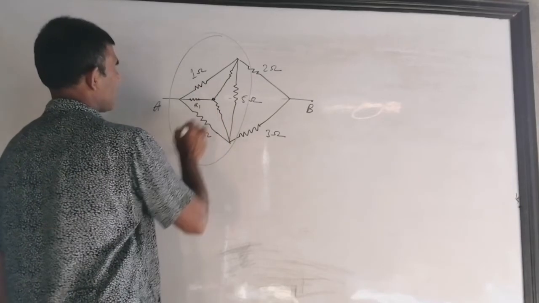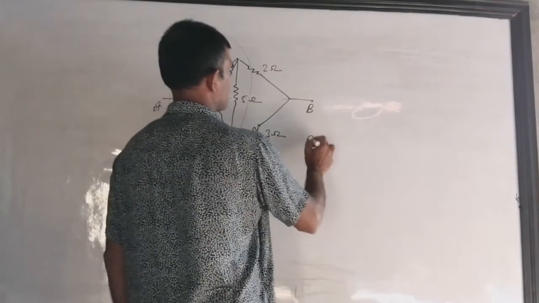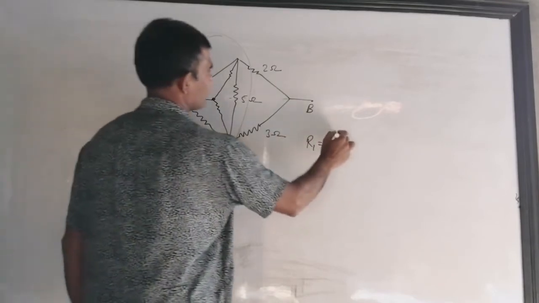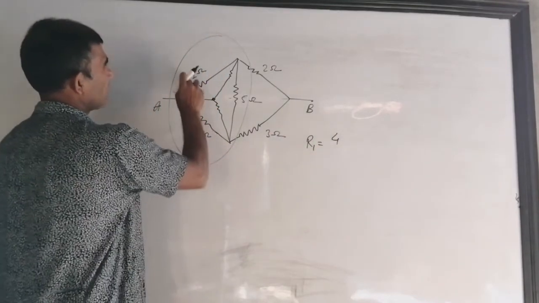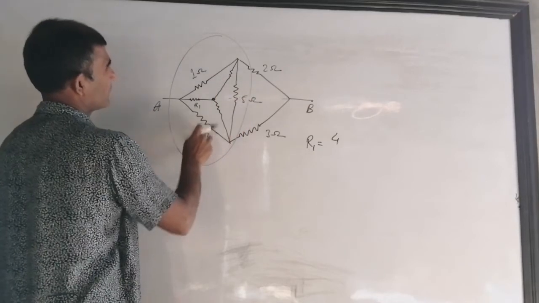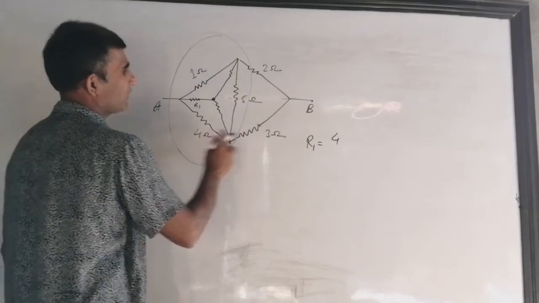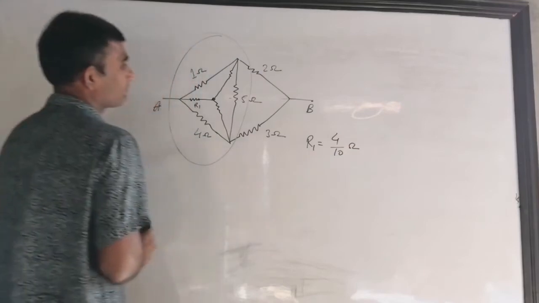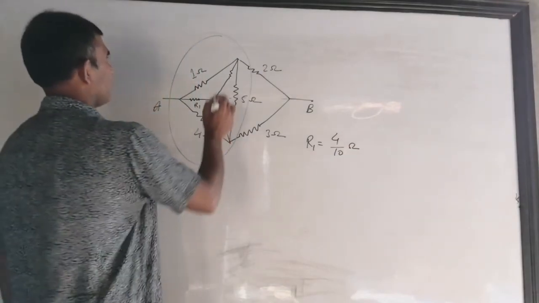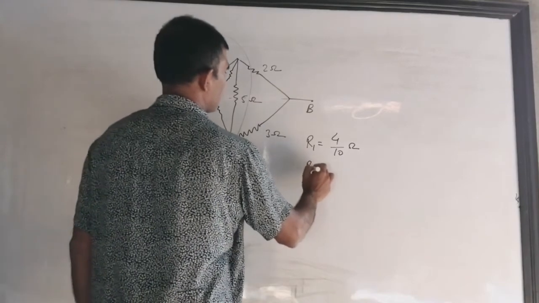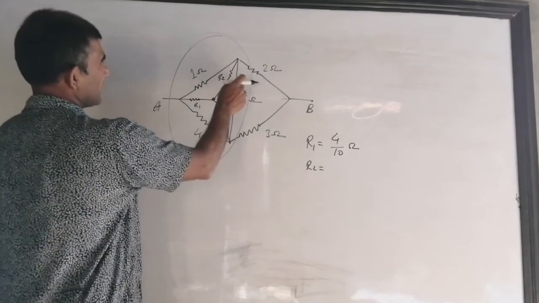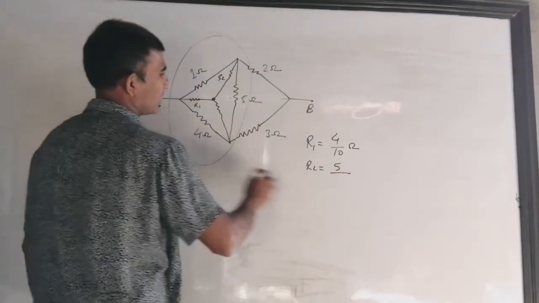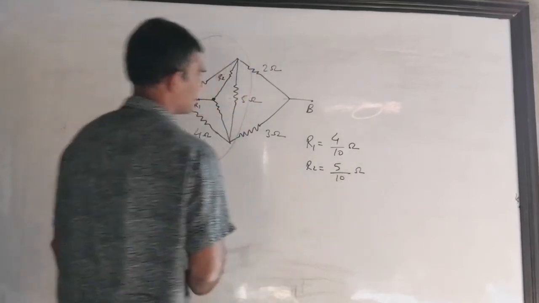So now tell me what will be the value of this. For simplicity I am writing R1. You can tell first, R1 equals what I told: 4, the product of the connected branches, 4 on the 4, by the sum of the branches, 1 plus 5 plus 4. 1 plus 5 is 6, plus 4, that's 10. So I got 4 by 10 ohm. Now if I write this R2, what will be the value of R2? Again, see what branches are connected here, 1 and 5. So 1 into 5 is 5, by the total, again the same, so 5 upon 10 ohm.